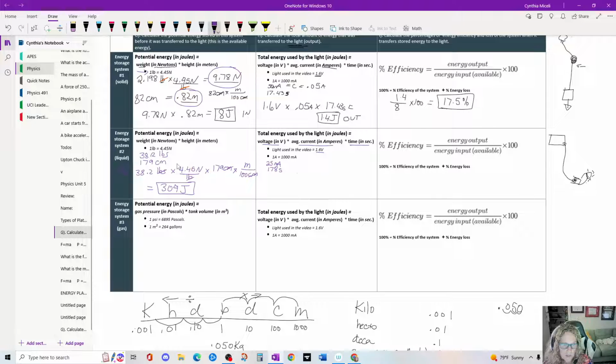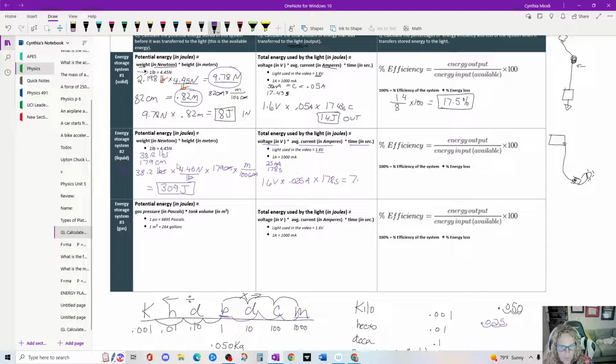So the volts are good. 1.6 volts times, oh, we have this milliamp again, just like we had it up here. So this time we have 25 milliamps. So it's 0.025 because milli is here and amps are here. So we just move a decimal 1, 2, 3 times to the left. So times 0.025 amps times the time, which is 178 seconds. If you put that in your calculator,